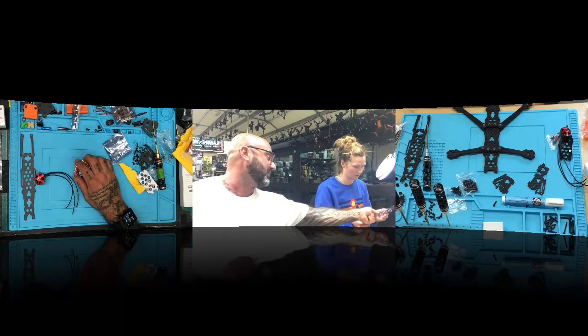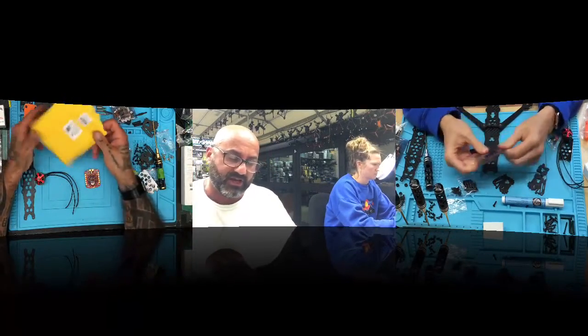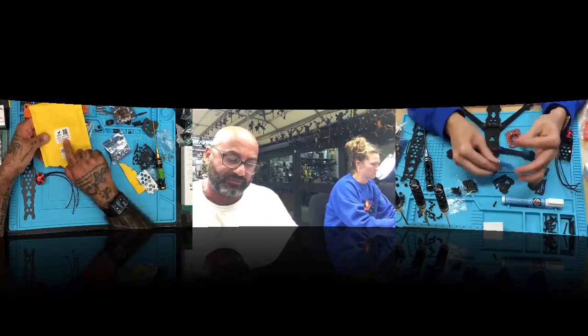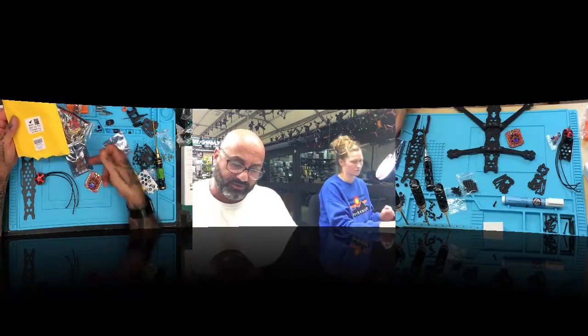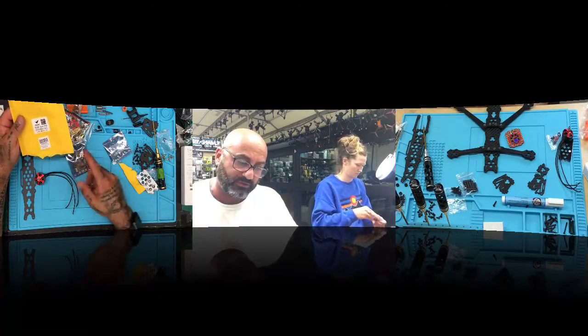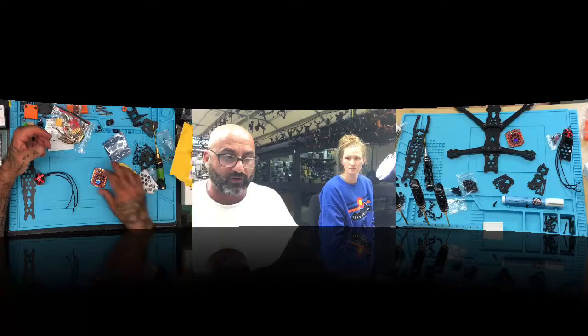So that's the ESC. Open that one over. Put it on the table. So we're going to be doing the HGLRC Zeus F760. It's going to be the 722 flight controller, which is over here, with the DJI plug, so there's really no soldering between the two. And then we're going to go with the 60 amp ESC from DJI as well. So the first thing we're going to do is start working on the